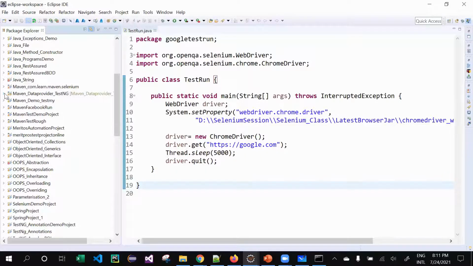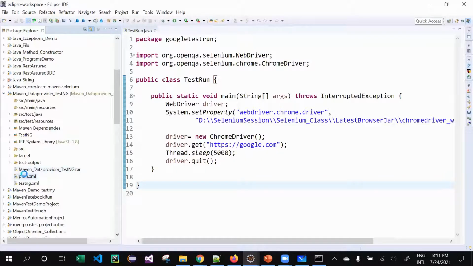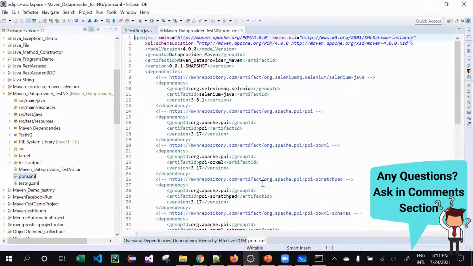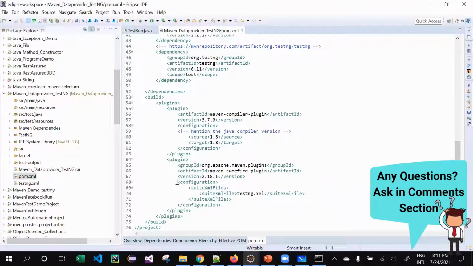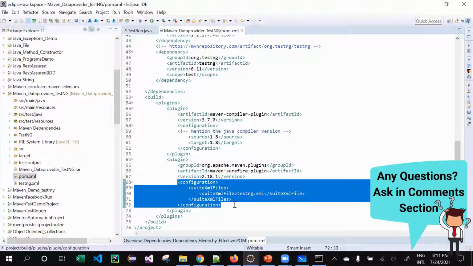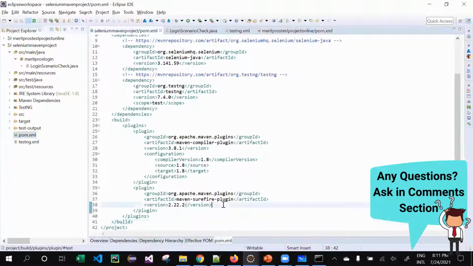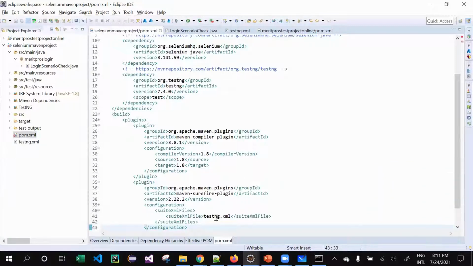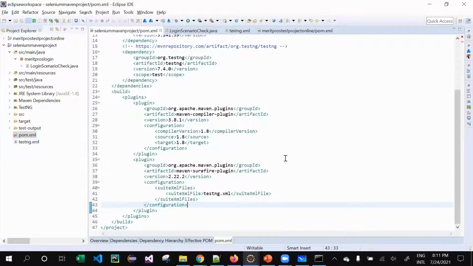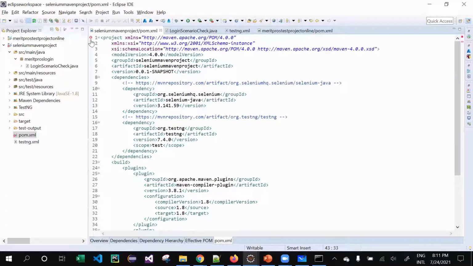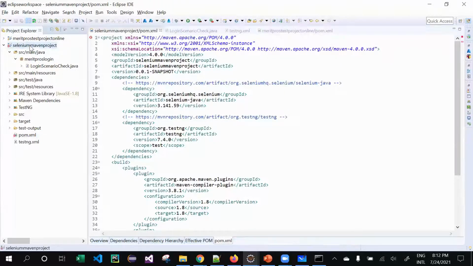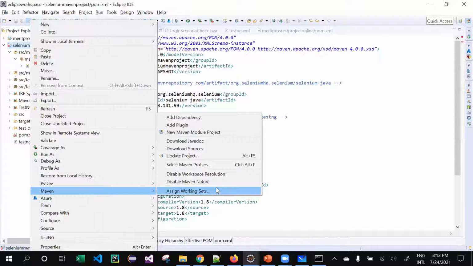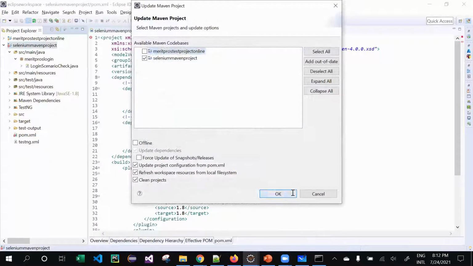For that, let me do some simple stuff. You're going to put this particular configuration inside your reporting. That's it. What this will do is pick your testng.xml from the root directory. Simple as it is. But it's throwing an error, let me check it. Let me again do Maven update project.